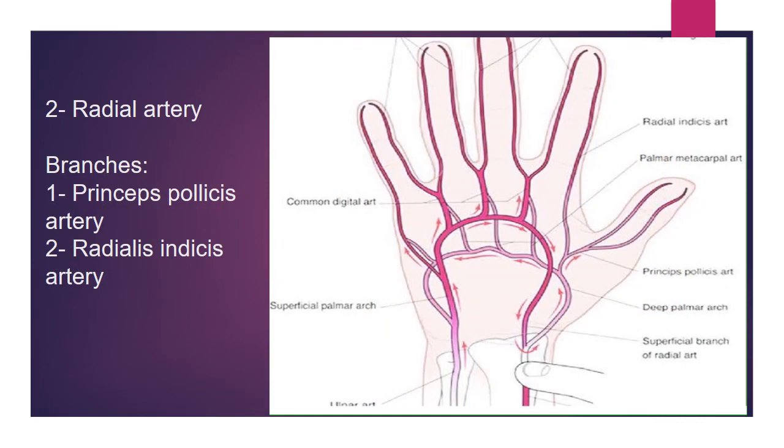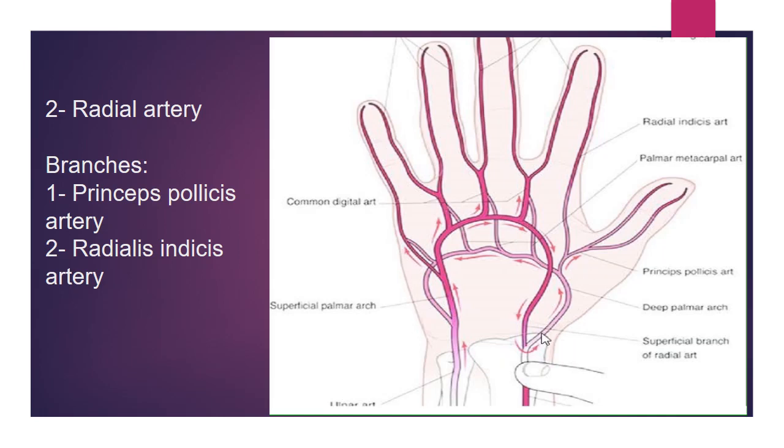Talking about the branches of radial artery, it gives off two branches on the dorsum of hand and two branches in the palm. Branches on the dorsum of hand are one branch for the lateral side of the dorsum of the thumb, and the second branch is termed as first dorsal metacarpal artery, which supply the adjacent sides of the thumb and index finger on the dorsum of hand. We'll talk about these arteries in detail in the dorsum of the hand. Today we'll focus on branches of radial artery in the palm.